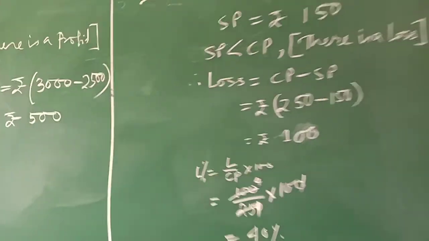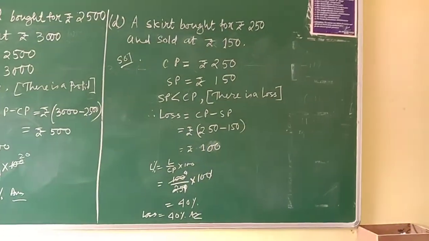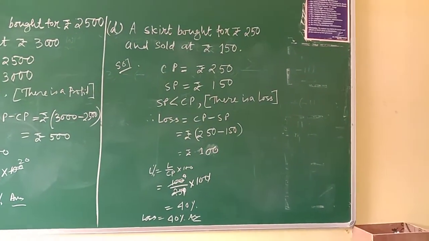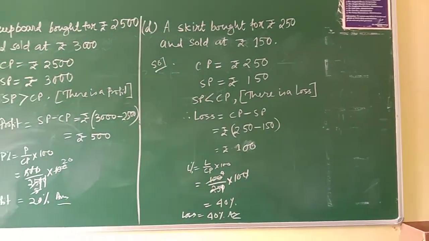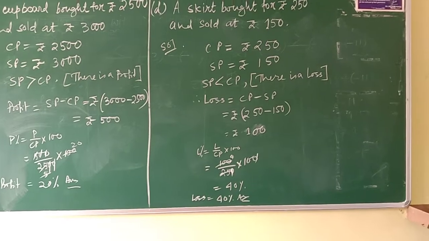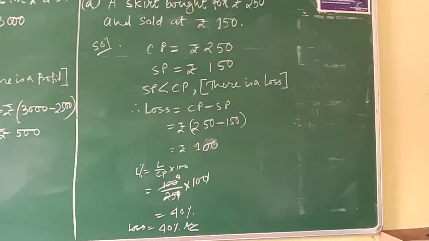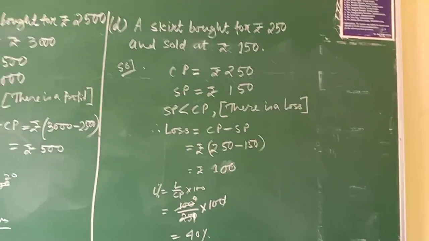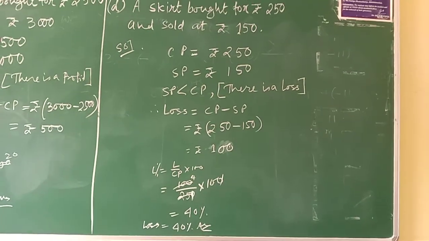See the complete sum from the distance. Can you see? You have to find the loss percent when it is loss, and the profit percent when it is profit. First of all, you have to find out the profit and loss, total amount of profit or total amount of loss, whatever it is, and then you have to complete the percentage also.